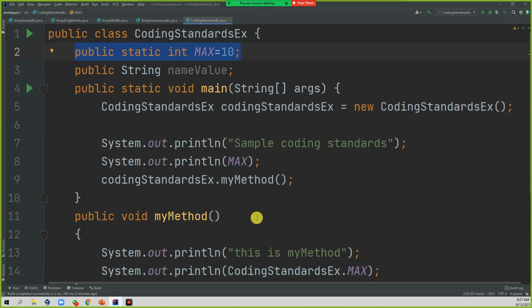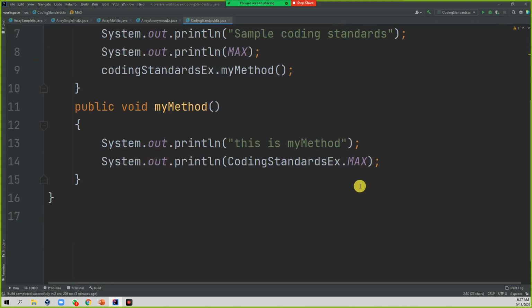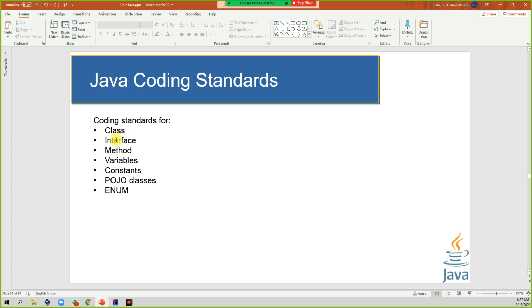That is another concept, variables and the areas where you can define them, which we will see later. The only thing is, while reading itself, you easily understand this particular max is given by this class. So far we've seen class, interface, method, variable, constant.